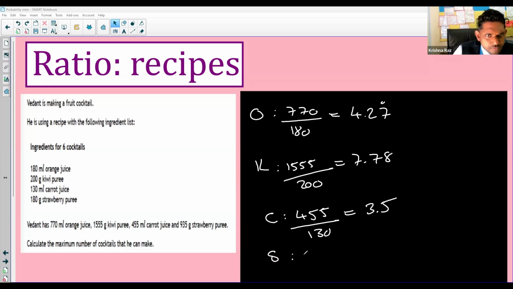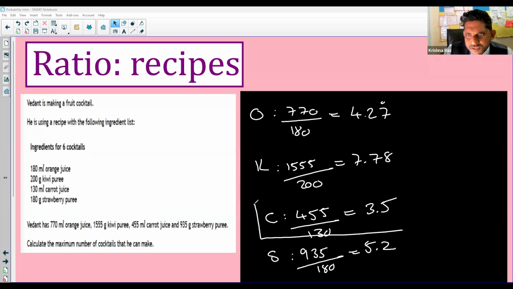And the last one, strawberry puree, 935 over 180, which is 5.2. So we're going to run out of carrot juice first, which means we can make 3.5 batches